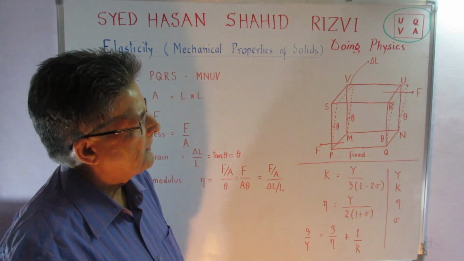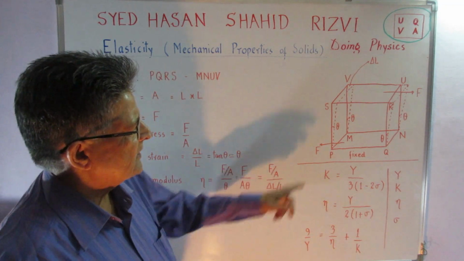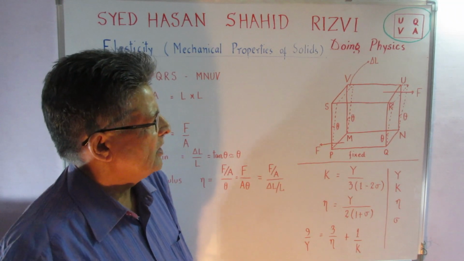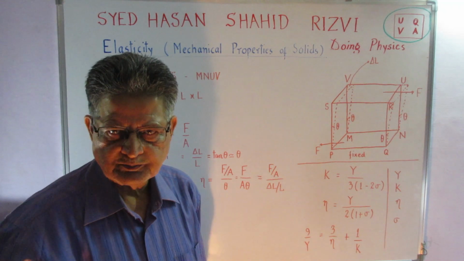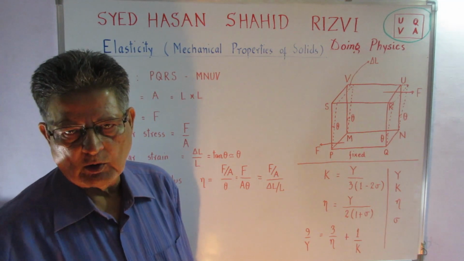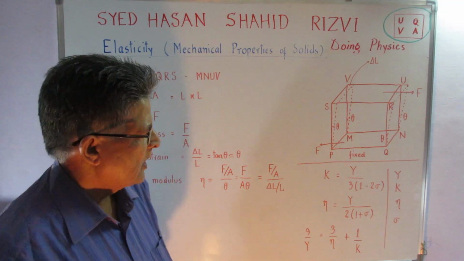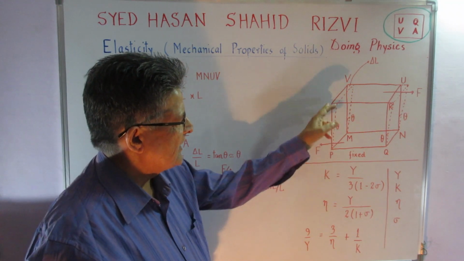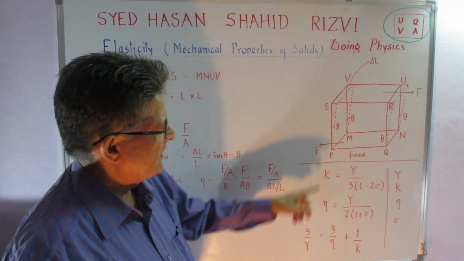And I'm saying that the displacement which has occurred over here is equal to delta L. Earlier I took it to be equal to X. So L is the length here, and delta L is the